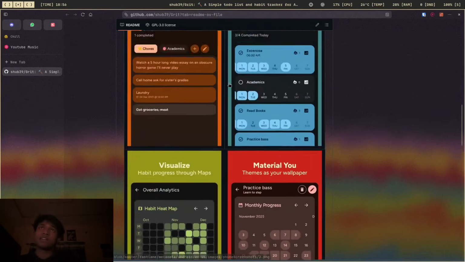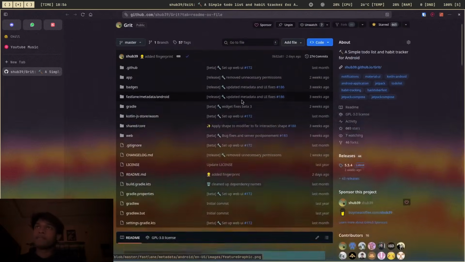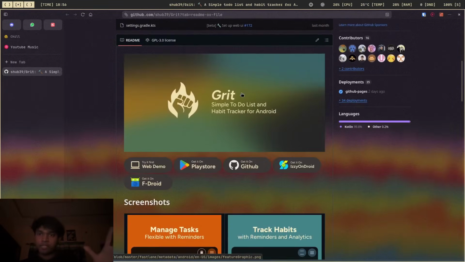So I started building Grit, and there is this kind of a stigma around beginner apps like to-do lists and habit tracker apps. Like they are super easy and people just copy paste code from other apps to make them, but I wanted to make this from the ground up by my own. So yeah, making a habit tracker is a completely valid project in my opinion, because you